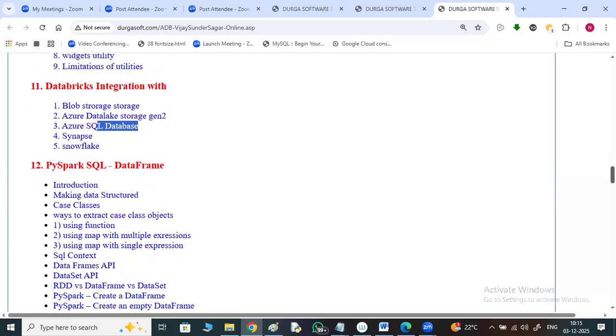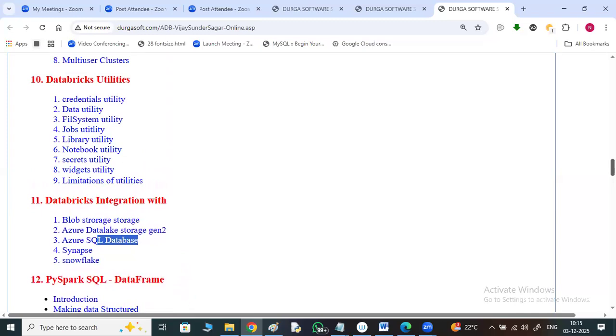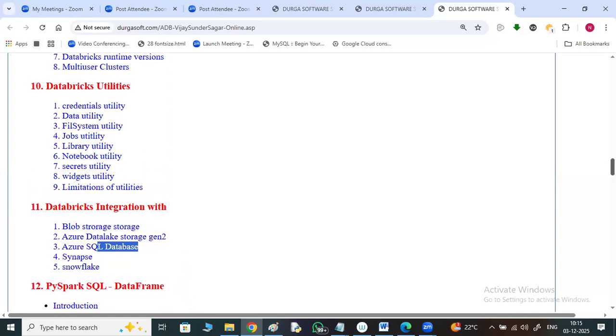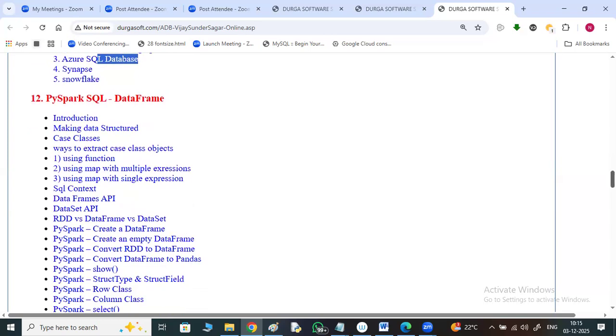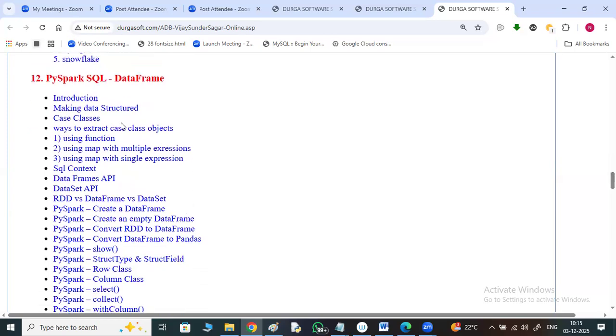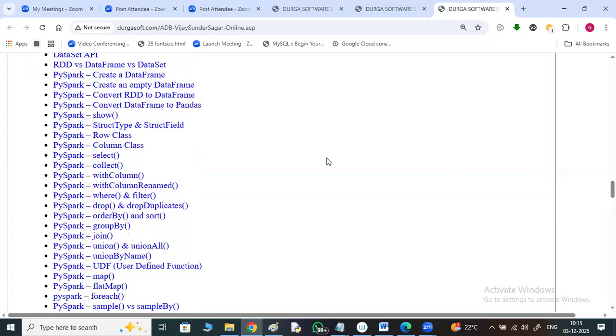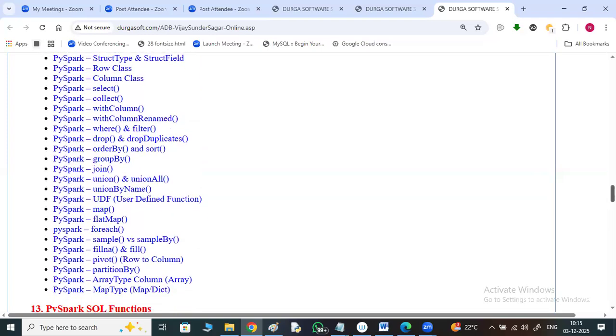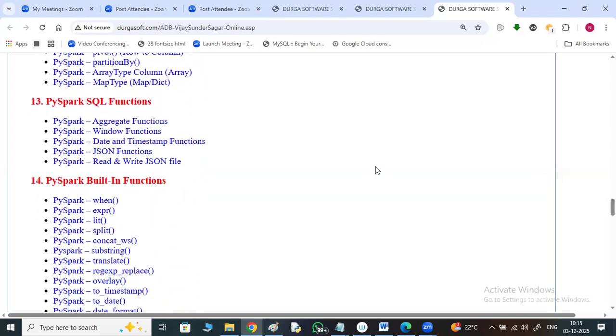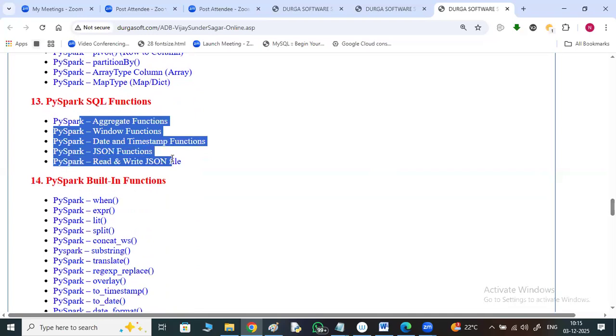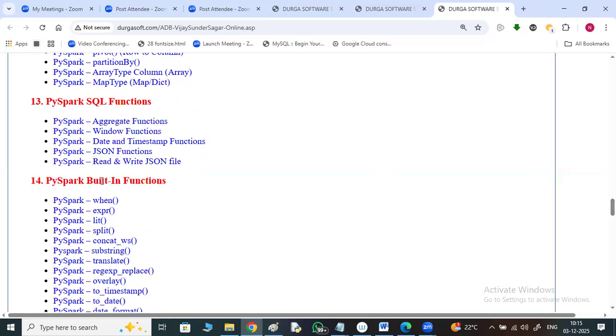Then, mainly in Databricks, the main execution engine is Spark, that is PySpark, Spark with a Python implementation. PySpark SQL, data frames, the data frame API, creating data frames, StructType, StructField, and different API functions of PySpark: PySpark SQL functions, aggregate functions, window functions, JSON functions, date and timestamp functions, reading and writing with different file formats, and PySpark various built-in functions